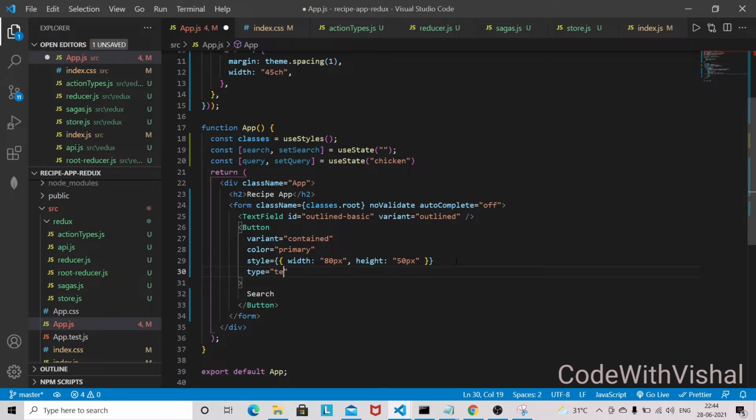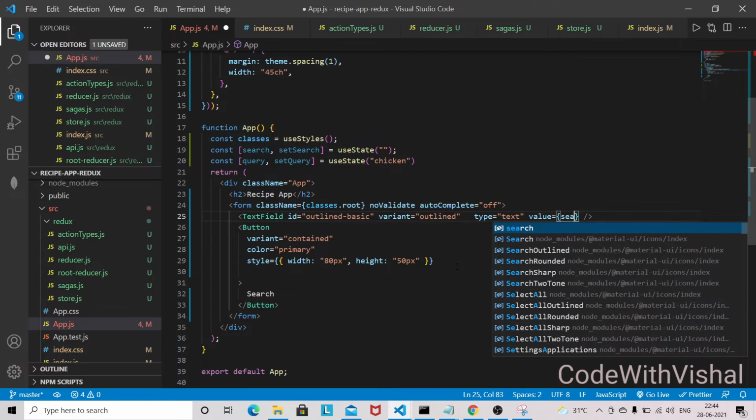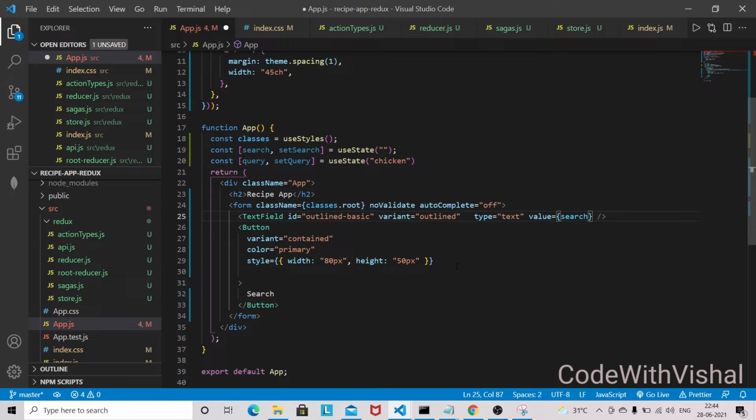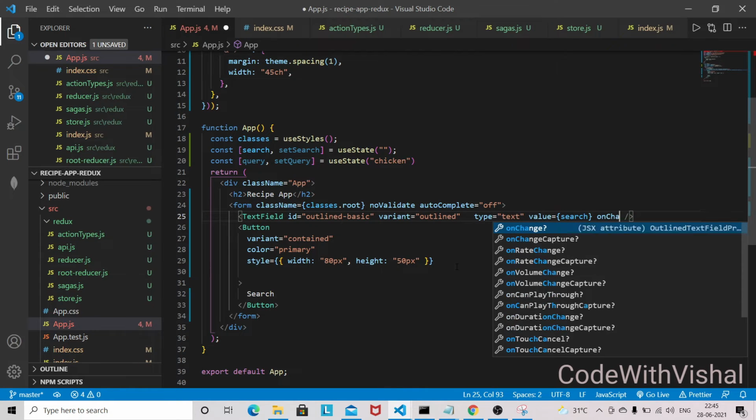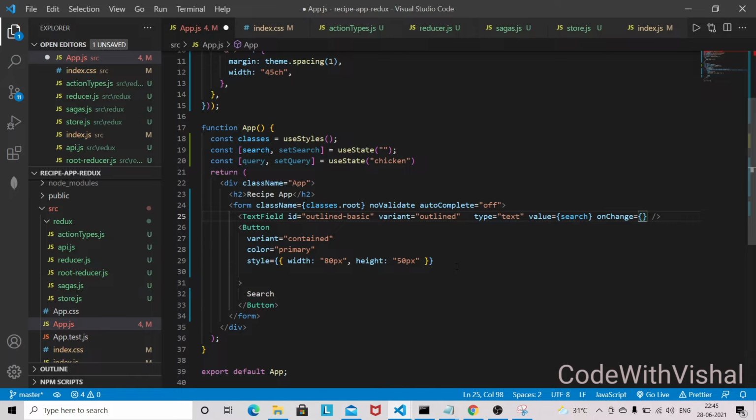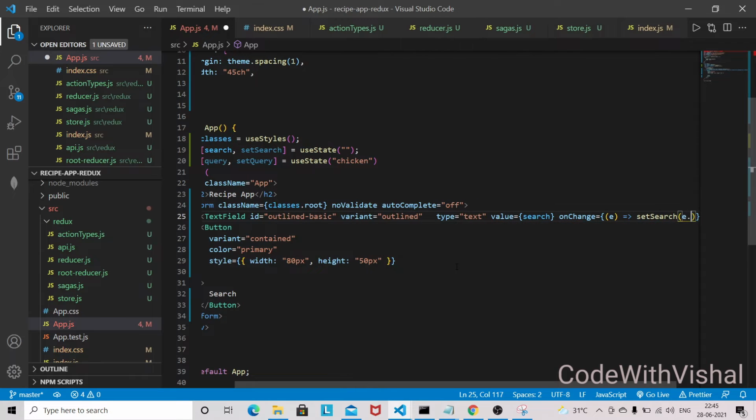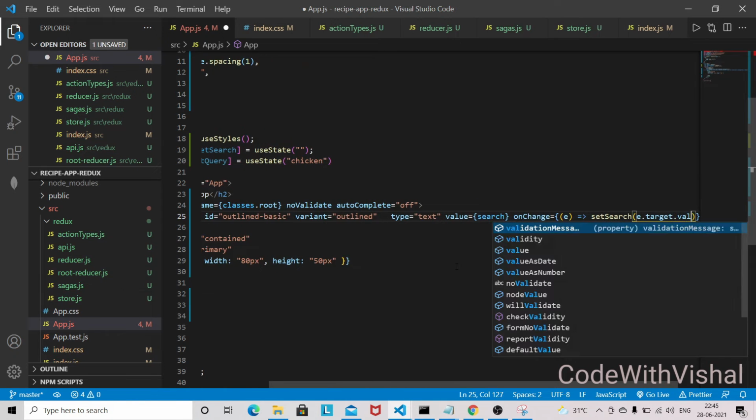So type will be text on the input field, and value will be search, and onChange will be setSearch e.target.value.